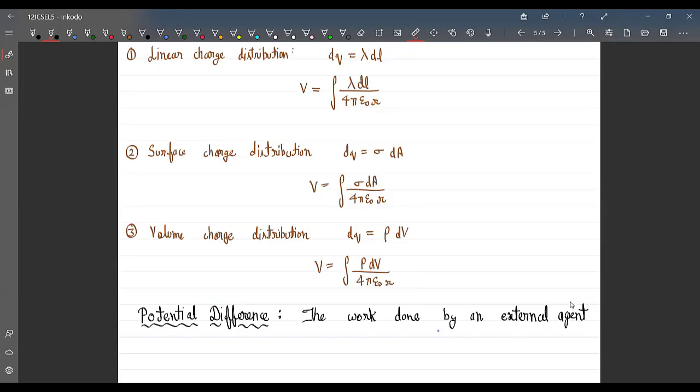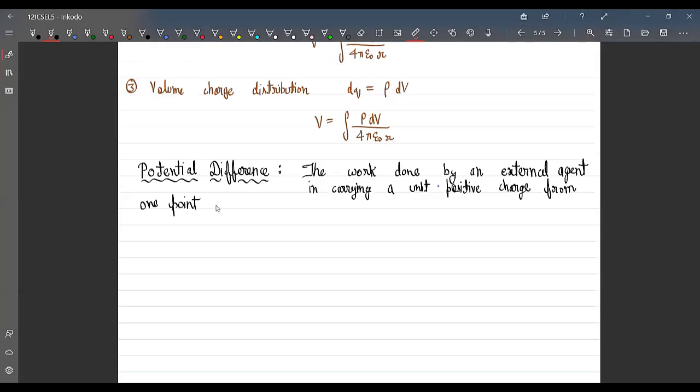It's the work done by an external agent in carrying a unit positive charge from one point to the other point in an electric field. This is called the potential difference. That is the work done by an external agent in carrying a unit positive charge from one point to the other point. For example, if you have a charge Q